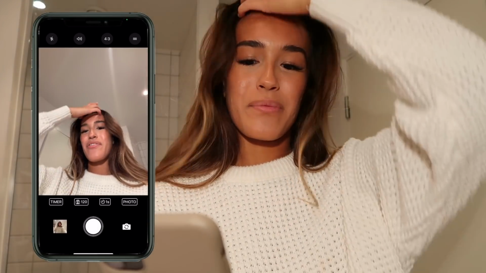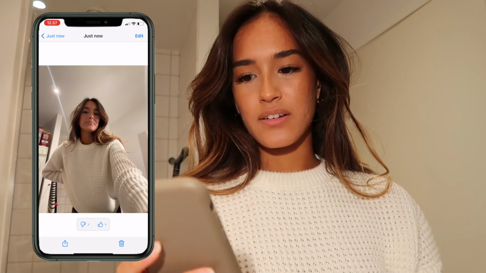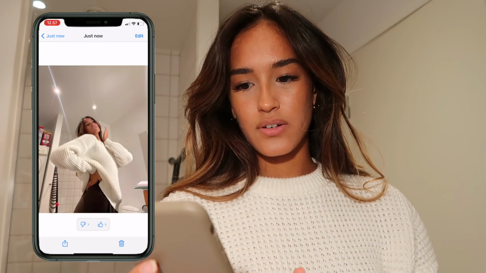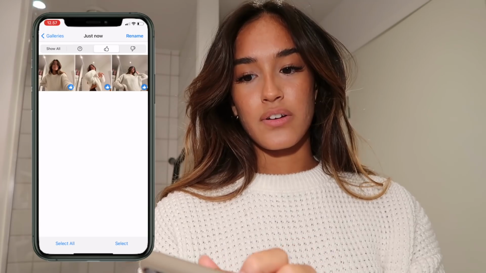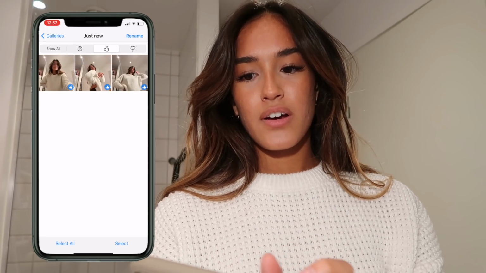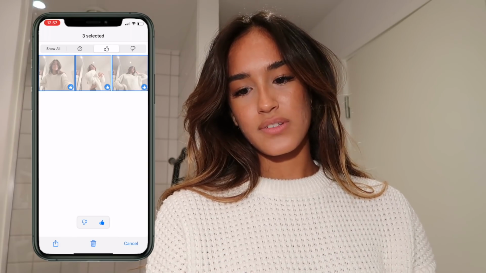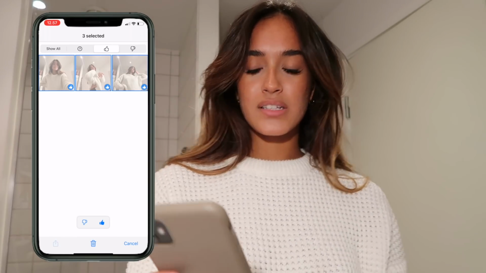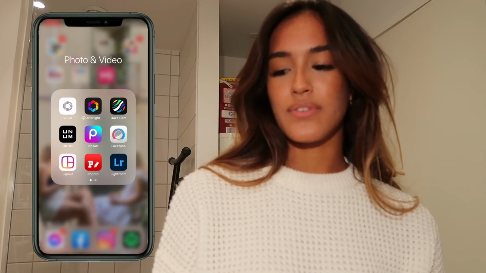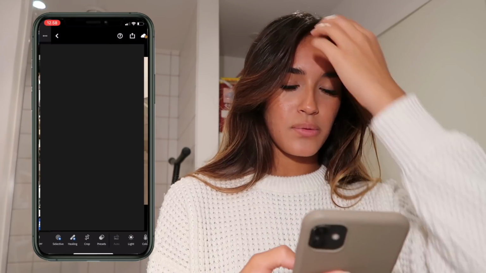And then once I have my photos, I'll open it up, I'll click it, and you can do yes or no. And then once you've gone through and clicked yes or no, you can click up here on the bar of your yeses. And then you can select several or select all, and then save it to your camera roll. And then once I've done that, I will bring it over to VSCO or Lightroom. Let's open up a random photo. Okay, so let's open up this photo.